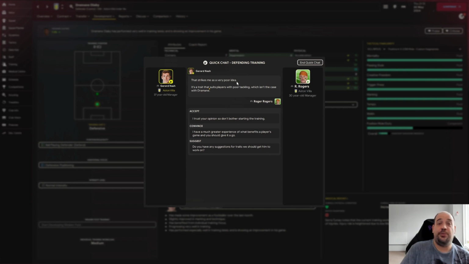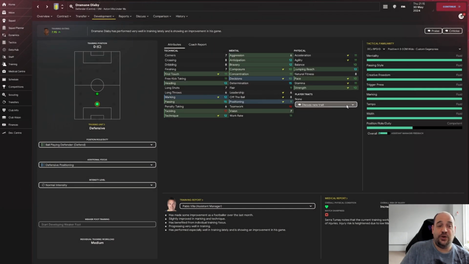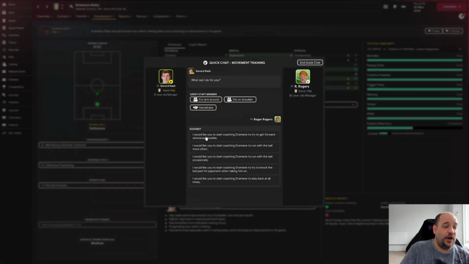That strikes me as a very poor idea. It's a trait that suits players with poor tackling, which isn't the case with Jermaine. I trust your opinion, so don't bother starting the training. Or you can tell him to do it. And that way you can get an idea as to, so with select movement, I would like you to start